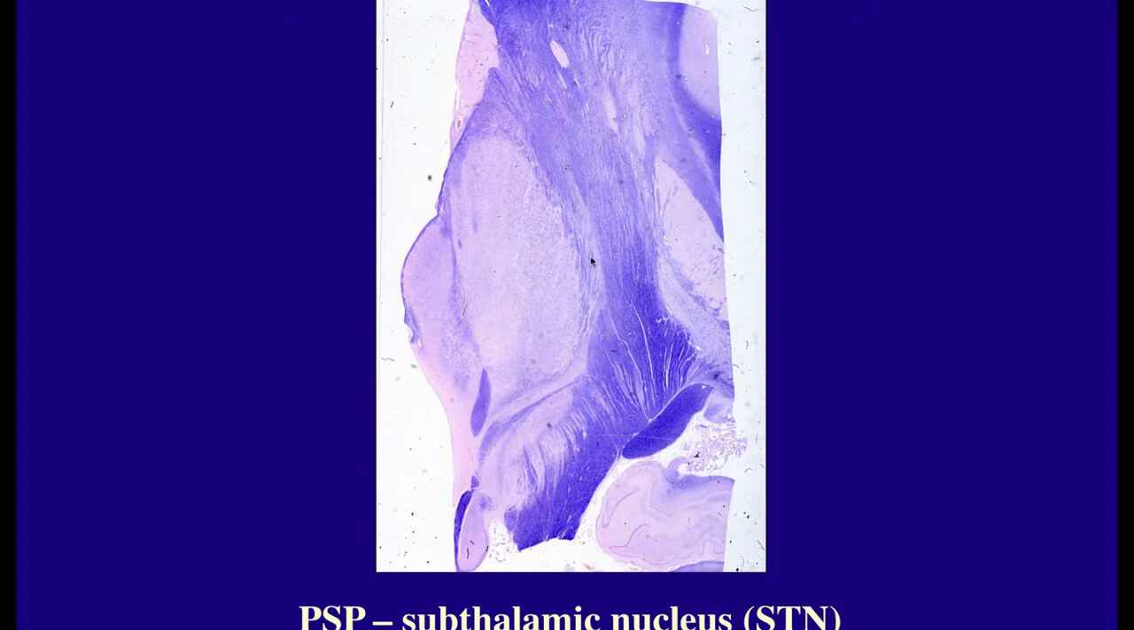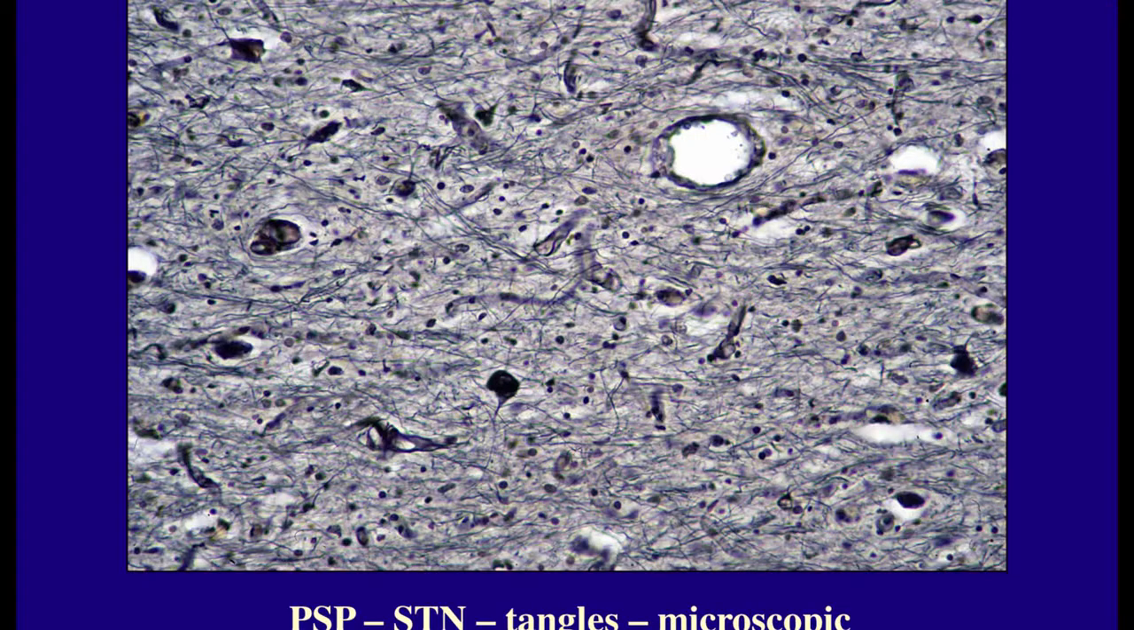Also involved is the subthalamic nucleus. So again, just to orient you, here's the third ventricle. These are the thalamic nuclei. And this almond-shaped nucleus below the thalamus is the subthalamic nucleus, the site of vulnerability in PSP. So there's neuron loss and gliosis in that region,